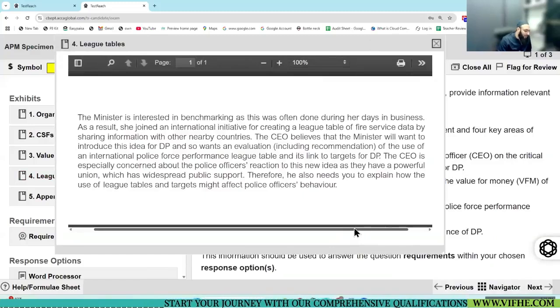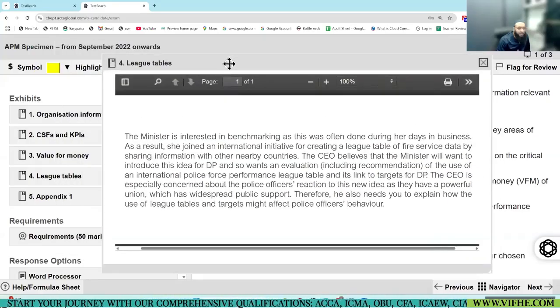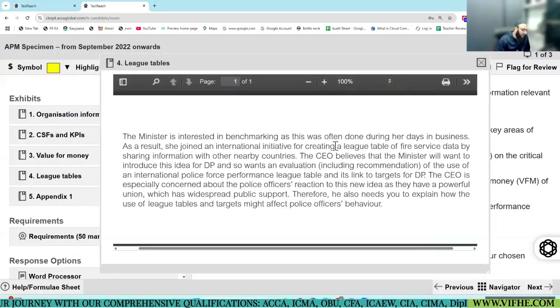The minister is interested in benchmarking, as this was often done during her days in the business. As a result, she joined an international initiative for creating a league table of fire service data by sharing information with other nearby countries. The CEO believes that the minister will want to introduce this idea for the police, and so wants an evaluation.